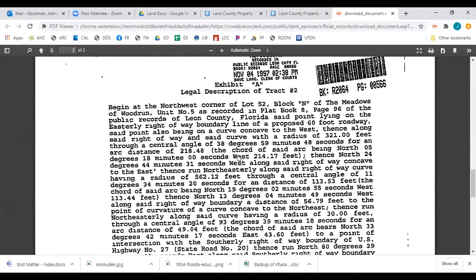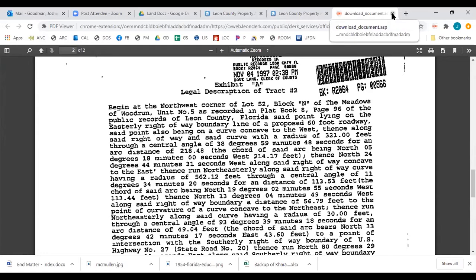Oftentimes in these legal descriptions, you will get a description, especially if it's not in a subdivision. Part of the issue here is that this piece of property is located in a subdivision, which means that in order for it to even exist as a piece of property, there has to be a plat book on file with the county that shows the exact boundaries of all the parcels within the subdivision and a description of the location of the subdivision itself within the section, township, and range grid here. Because of that, we're not going to get that in here, so we're going to have to be satisfied with the fact that it's in the western half of Section 9 of Township 1 South, Range 2 East. If this piece of property were outside of a subdivision, we might be able to do even better than that.